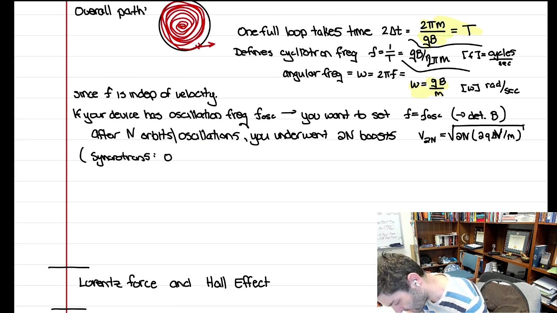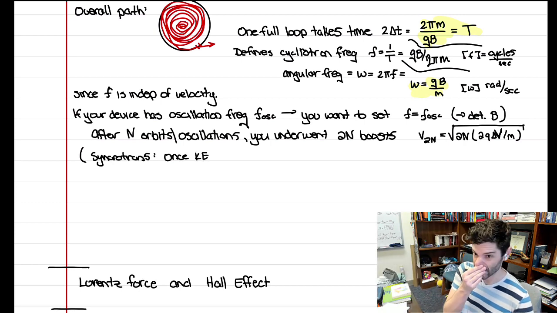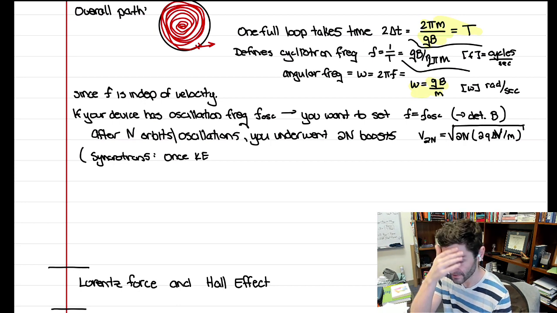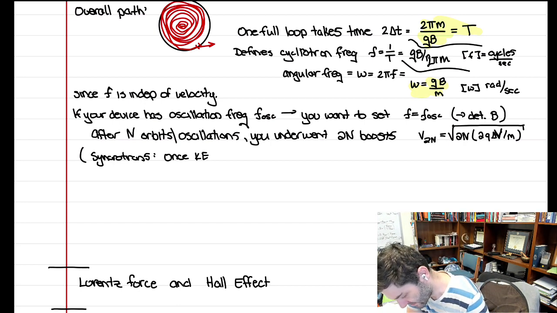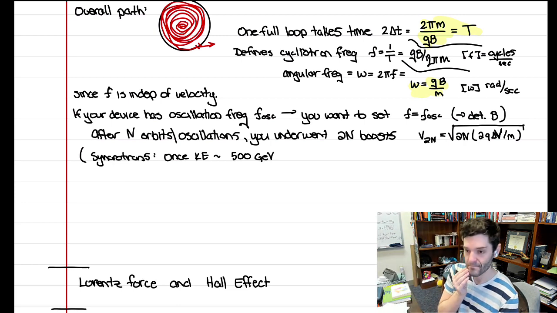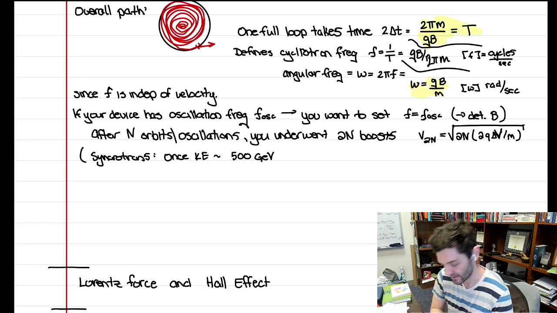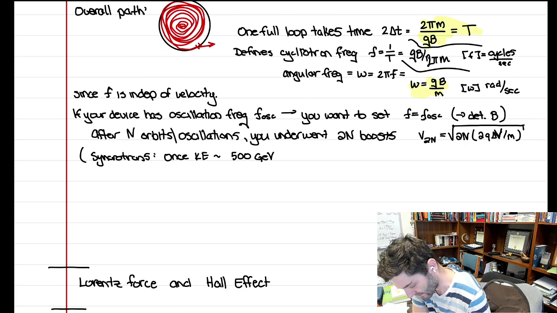That once the kinetic energies of particles, which again are tiny little masses like protons and whatnot, start to get on the order of, say, 500 giga electron volts, which is the kind of unit of energy we use for protons and whatnot. Just for example, when the kinetic energies are comparable to that, for a proton